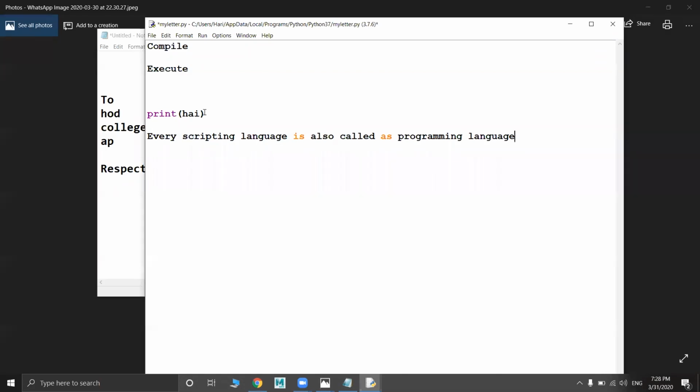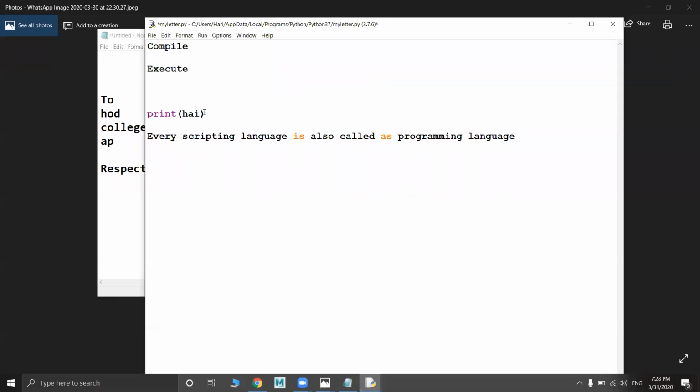Kushred, can you show me where, in any title, you have seen Python called a general purpose language, or Python scripting language, or Python programming language? See, every scripting language is also called a programming language.